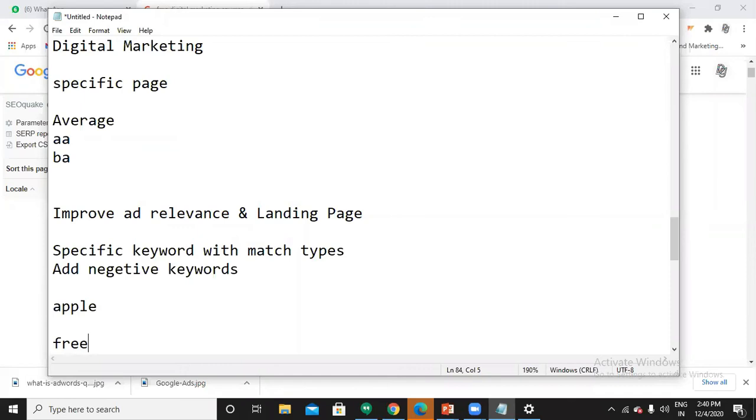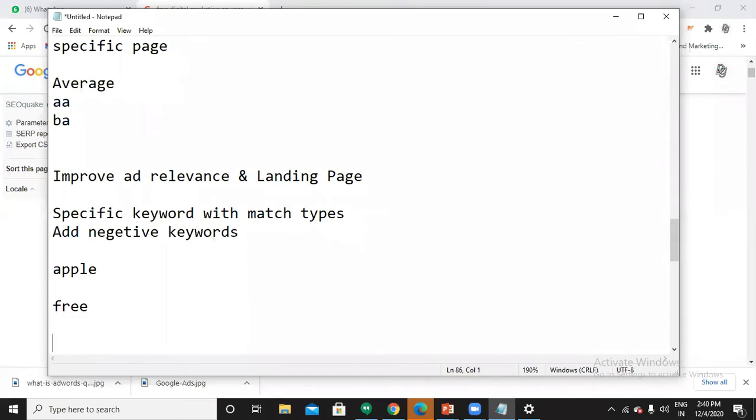And coming to ad relevance, use your keywords in the headline. This is the top most technique you have to use. Use keywords in headlines. This is a must, guys.